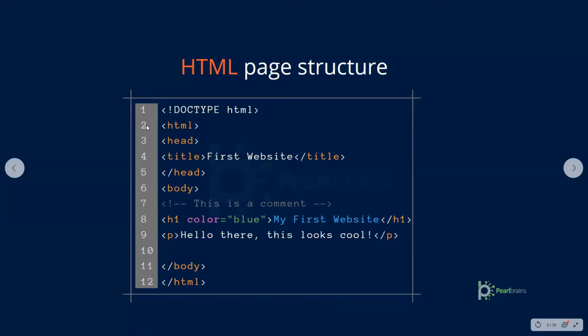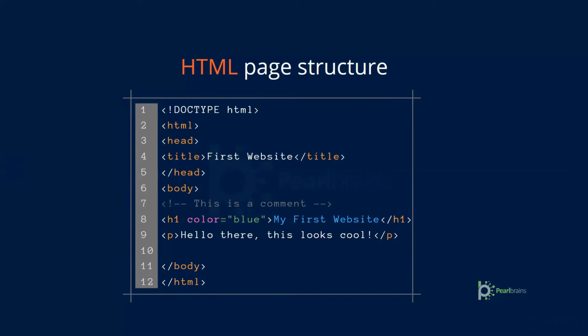So when you look at line number 2 to line number 12, that's the HTML tag. It opens at line number 2 and then closes at line number 12. You can see the difference between the opening tag and the closing tag. The opening tag doesn't have a slash, and the closing tag has a slash just before the HTML tag word. So the body is what contains whatever you're going to show to the user, what appears